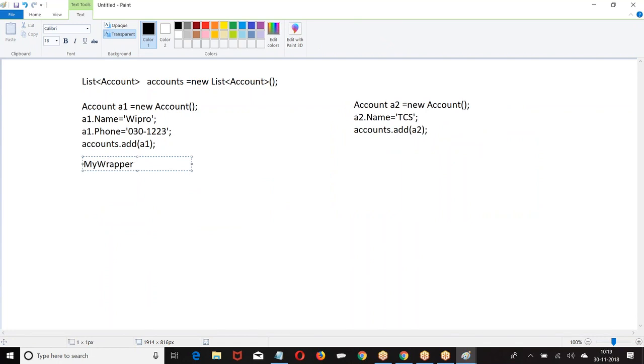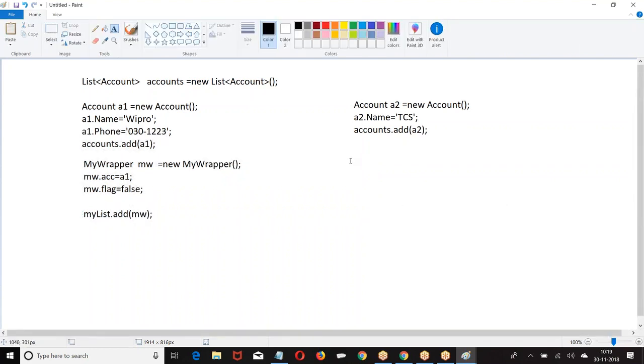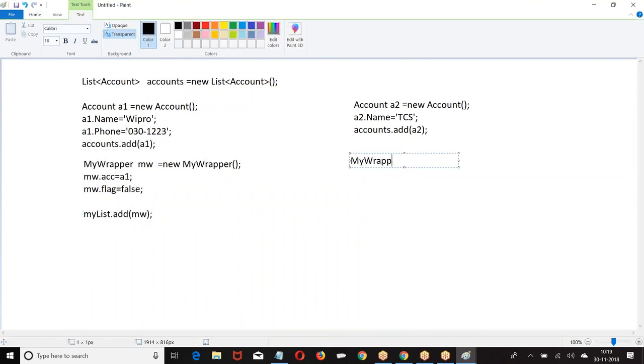MyWrapper MW, AC equal to A1, MW dot lock equal to false. Then MyList dot add. Again, for this account, I want to create one wrapper. Again, what will I do? MyWrapper MW2 equal to.